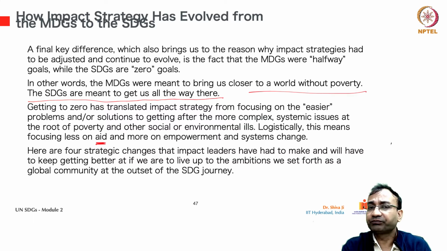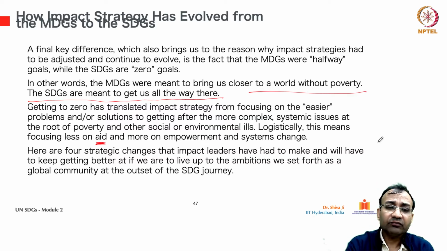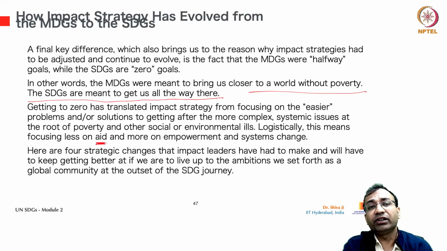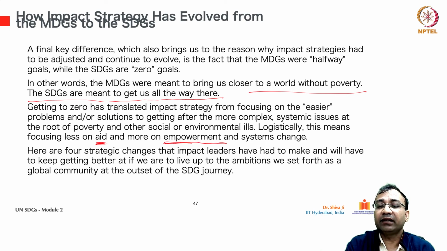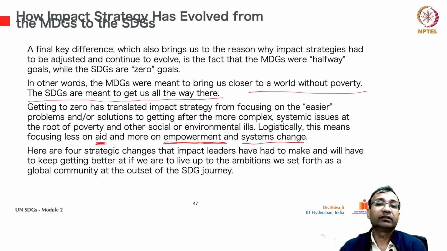How the MDGs worked was based on aid. But such aid actually cannot continue forever, right? So how can this mechanism be created right at the place, and how can people, societies and countries be empowered to bring this system change, because this is long lasting. If you know how to fish, you can fish any day, right? Unless you don't know how to fish, then you will be looking for some aid to give you a fish. Of course the second one is a desirable situation, and this is where SDGs actually became effective.